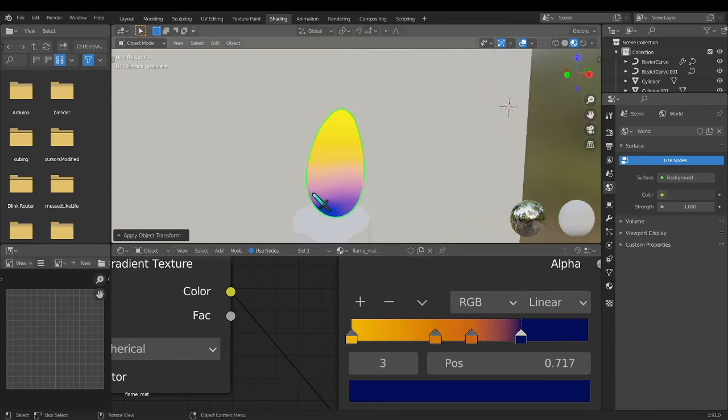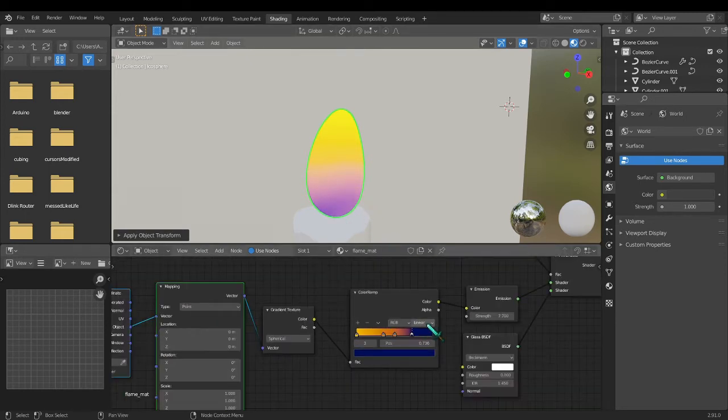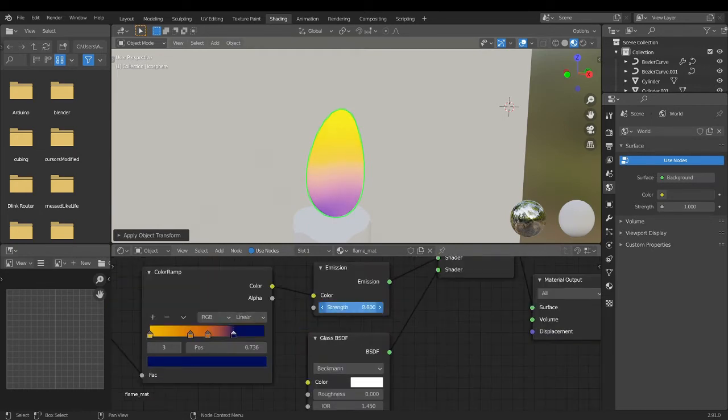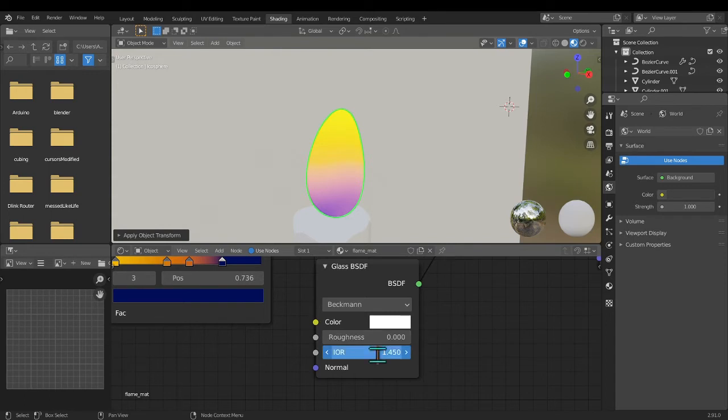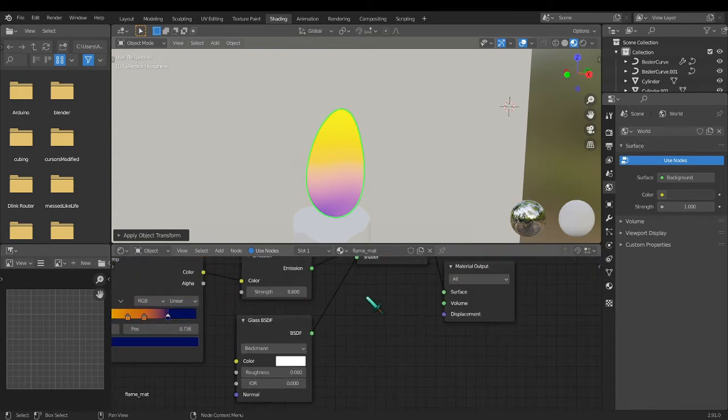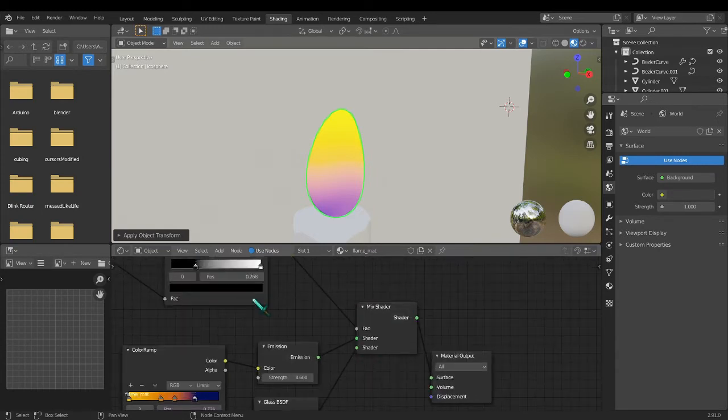Right about here until you get a tint of that blue color, and now increase the strength if you wish to, and just make the IOR 0 because maybe the IOR of flame is 0,